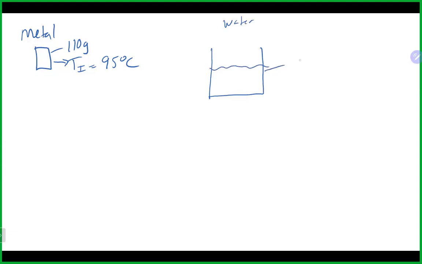Now let's say we have 125 grams of water, and the initial temperature of our water was, we'll go with 26 degrees Celsius. Now, if I take this really hot piece of metal and throw it into the water here,